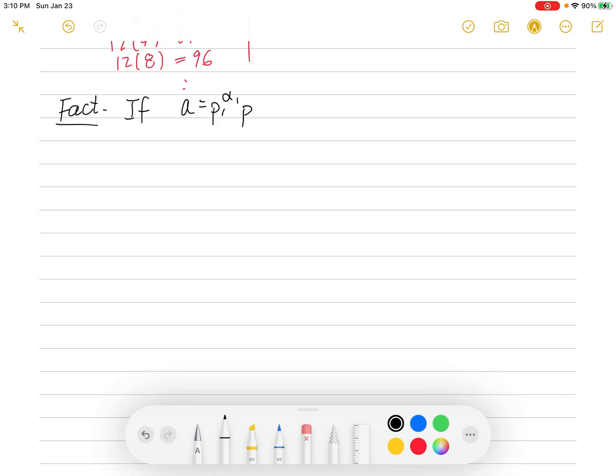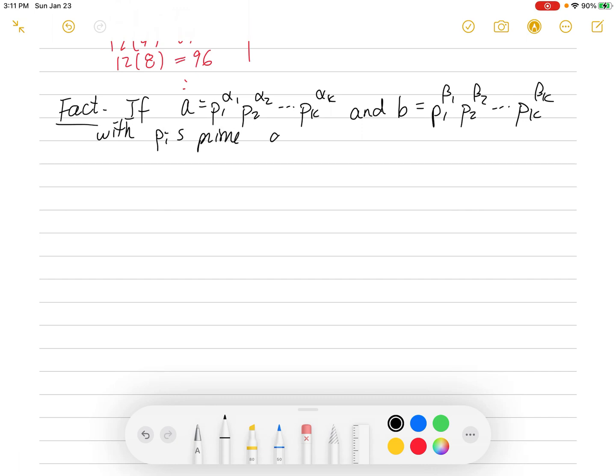If you have a prime power factorization of a as p1 to the alpha 1, p2 to the alpha 2, and so forth, pk to the alpha k, and for b you also have a prime factorization of p1 to the beta 1, p2 to the beta 2, and so forth, pk to the beta k, with the pi's prime, and in this case the alpha i's and the beta i's are both greater than or equal to 0, then